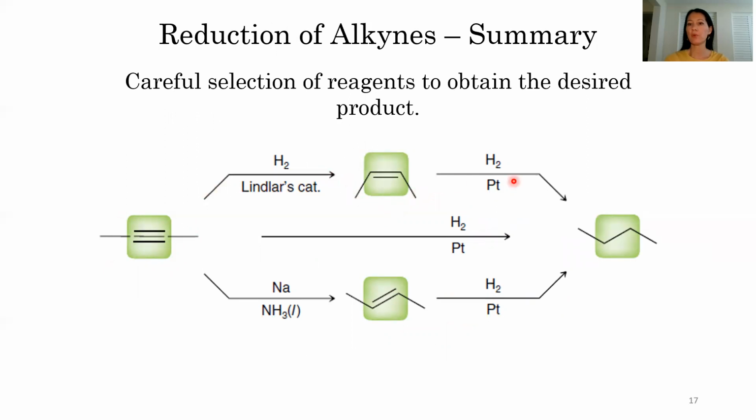If you want, you could further reduce that to the alkane. Or you can use dissolving metal reduction conditions to selectively obtain the trans-alkene. If you want, you can reduce that further to the alkane. Or maybe you just want to go from the alkyne straight to the alkane using just normal hydrogen and platinum